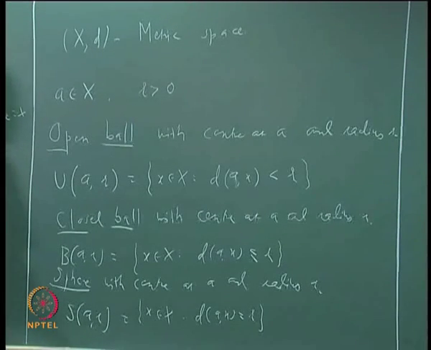Okay, so when you are reading any book, you just write in the beginning, you see what those definitions are, and then those terminologies are followed. Okay, for the sake of consistency we shall follow this terminology throughout. This same terminology and this same notation: U for open balls, B for closed balls, and S for the sphere. Alright. Now let us see some examples, how these various balls look.